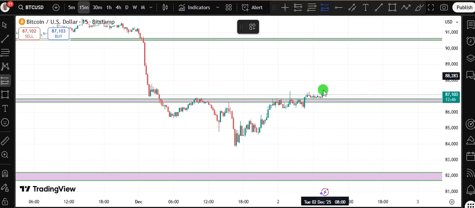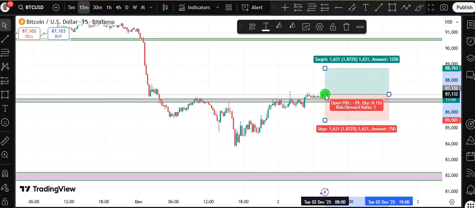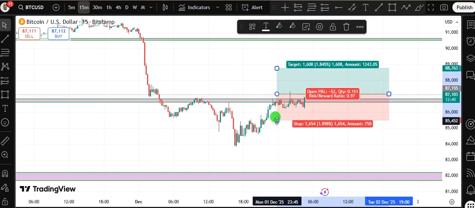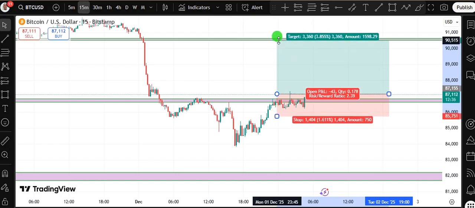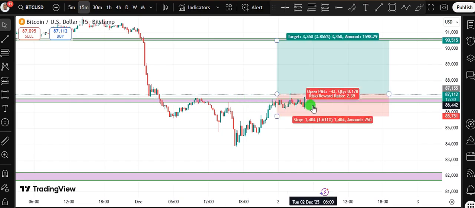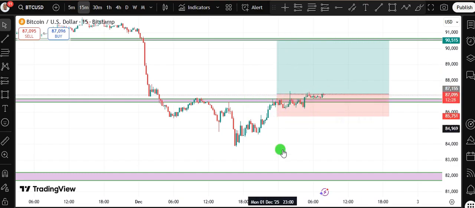And definitely, this is where I'll be putting my stop loss. So going long here, and of course, our stop loss is going to be below this zone right here. So this is where my stop loss is, and this is my target. I'm sure you know how I do these zones. If you don't, you can just check the previous videos to see how I do this. So here is my trade on BTCUSD for today.